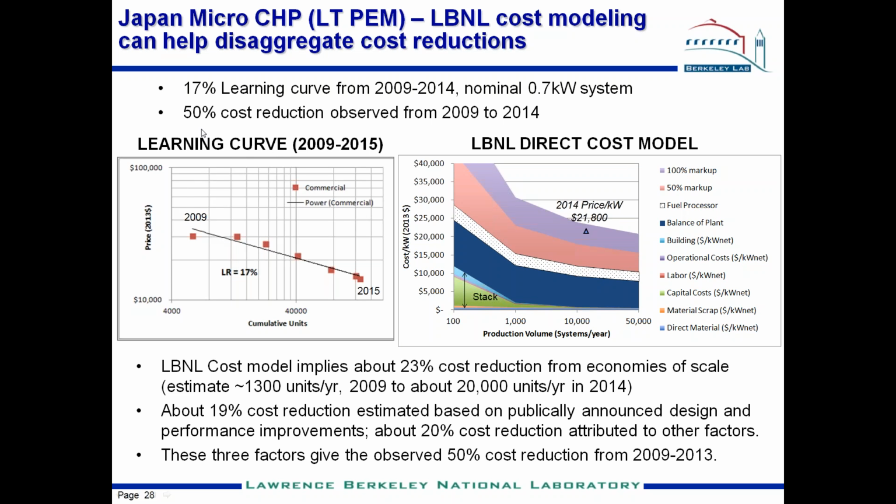But what you see is, and I would say that there is a strong incentive in Japan. There are strong incentives, which have been dropping over time, for the market adoption of these units. But what we have seen is a 50% cost reduction from 2009 to 2014. It's interesting to try to understand what's driving that, and that corresponds to a learning rate of about 17%. A learning rate is related to the cost reduction for every doubling in